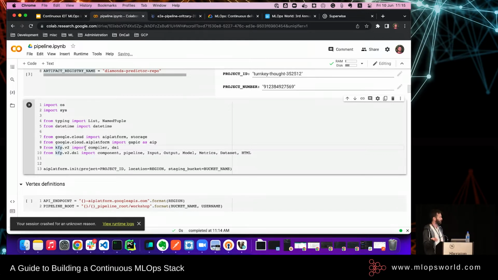DSL is the domain-specific language. These will help us convert the code into JSON or YAML format, and then it will help us share this serialized pipeline between different groups, teams and flows.